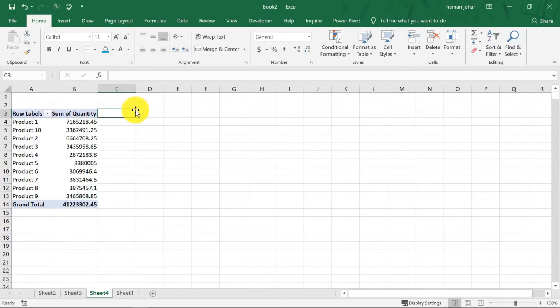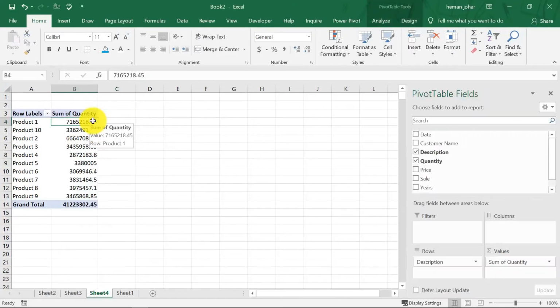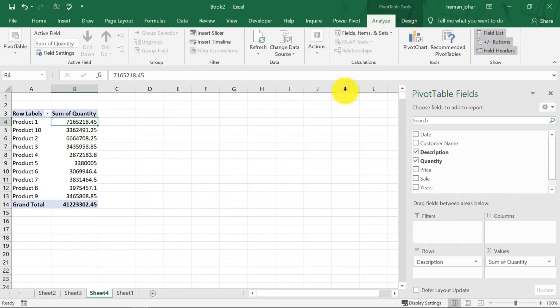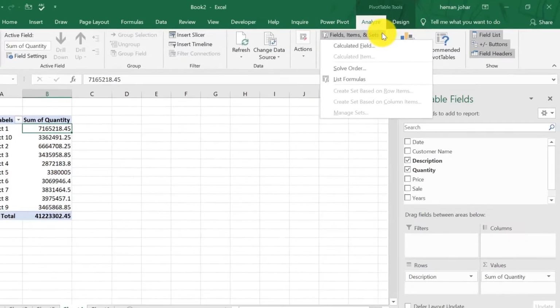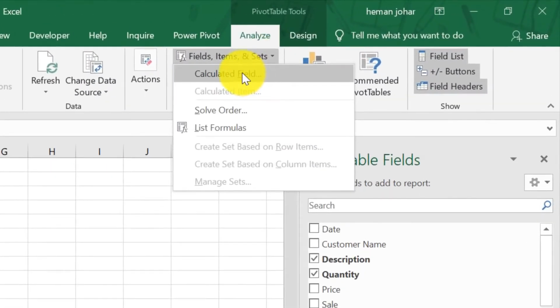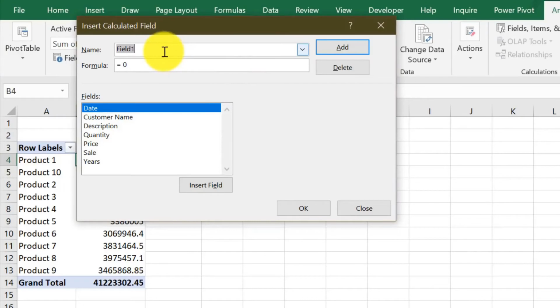So now we can do a calculation here itself. How? You click anywhere in this data and then go to analyze, and over there go to fields, items and sets, and click on calculated field. Give it a name, return, and now it has to have a formula. Equal to is already typed in.